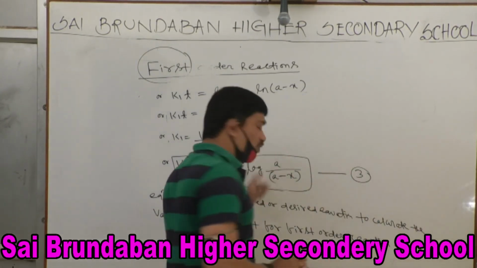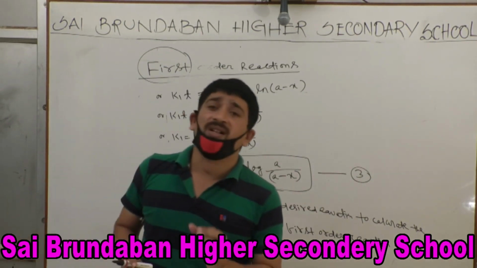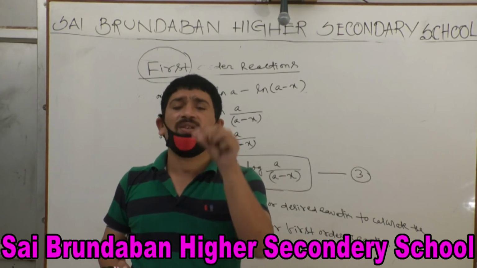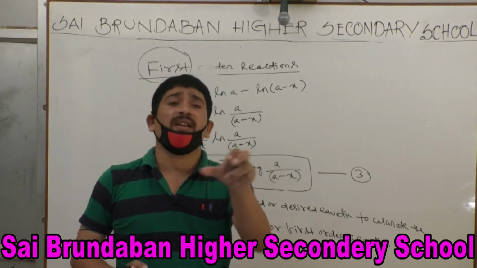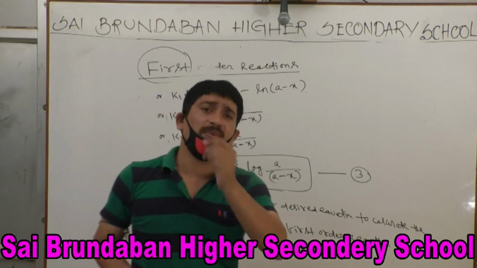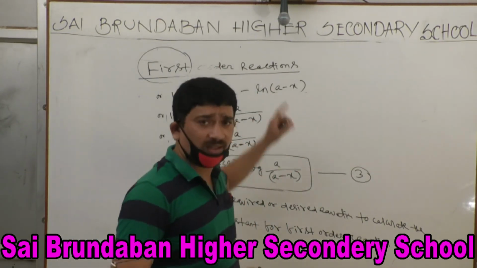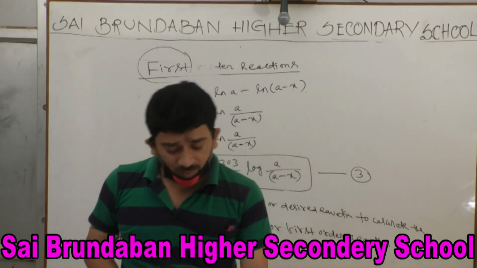So this is an important long question. Most of the time we put that question: derive the value of rate constant for the first order reaction. Give one example, or there are some problems. So we will put some problems also. We will discuss these things and let us proceed more.